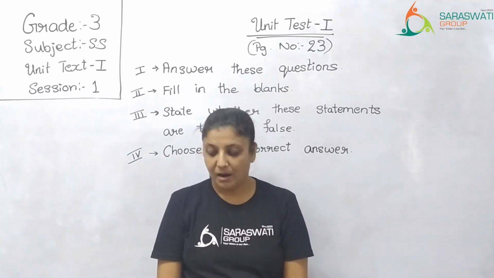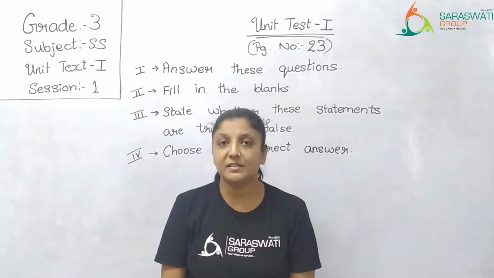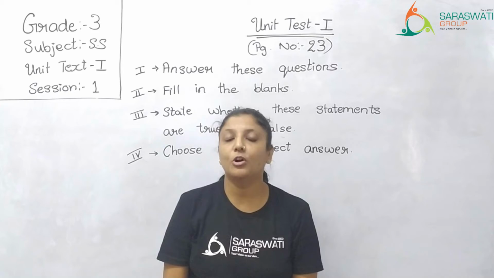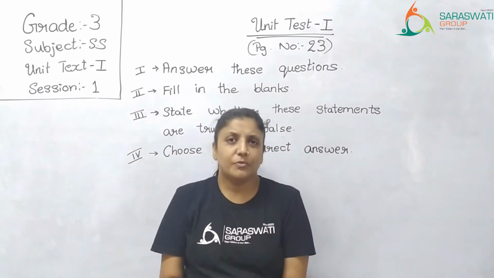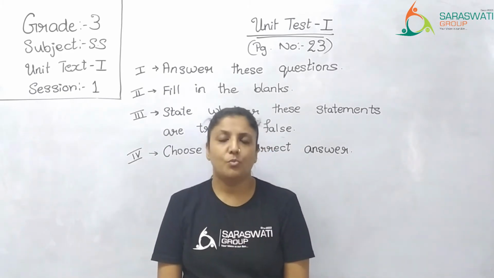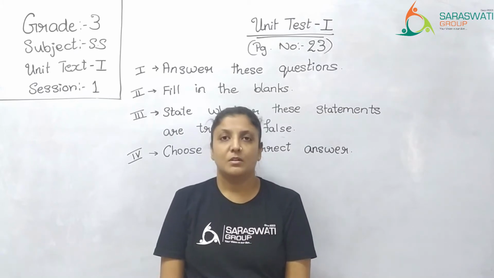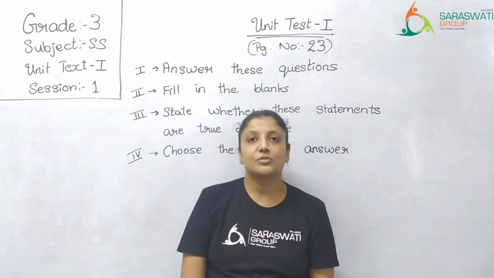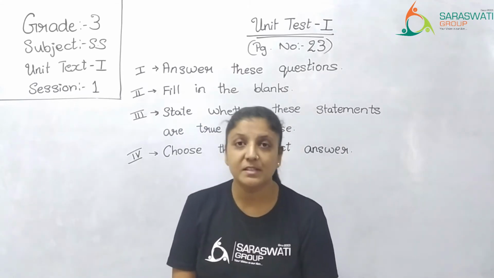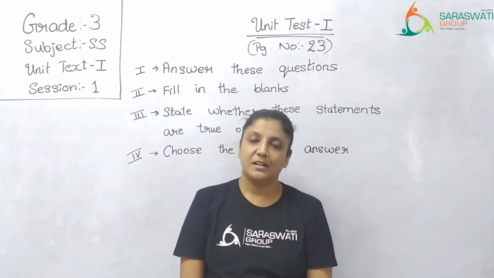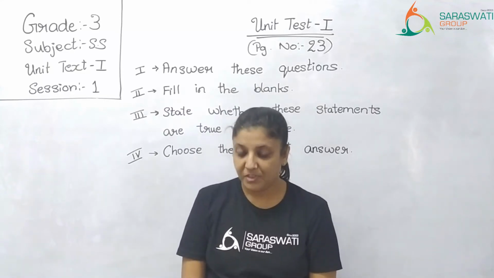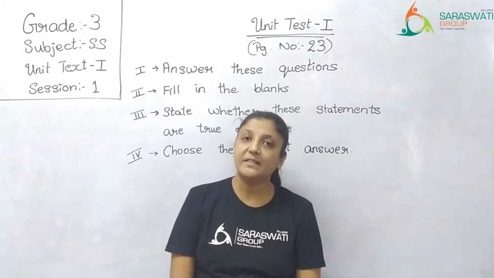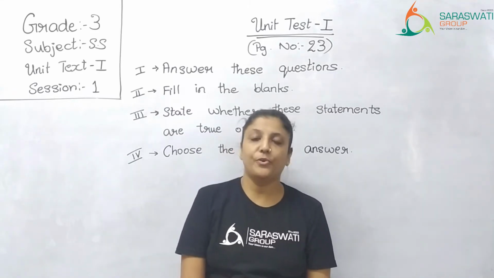And fifth, we have not discussed the blank. Yes, so what is the fifth blank? Frozen form of water is dash. So if you freeze the water, what does it become? Yes, it is ice. So fifth answer is ice. So frozen form of water is ice. Clear? Chalo. Now let's discuss the third main question, that is state whether the following statements are true or false.